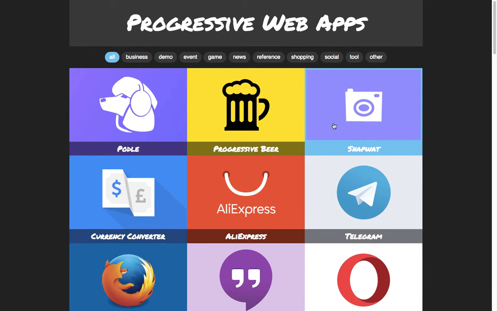Hey folks, today we are going to talk about a concept called progressive web apps. Now, a progressive web app is a very recent phenomenon in the web technology world, and what a progressive web app primarily does is that it is kind of a